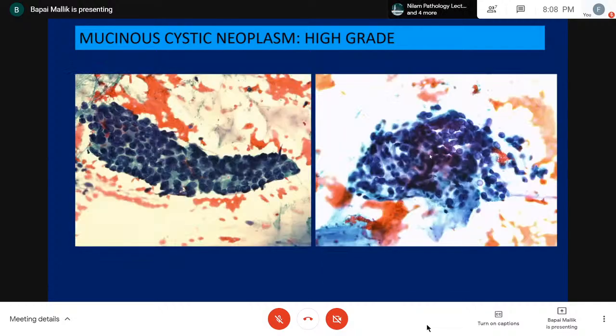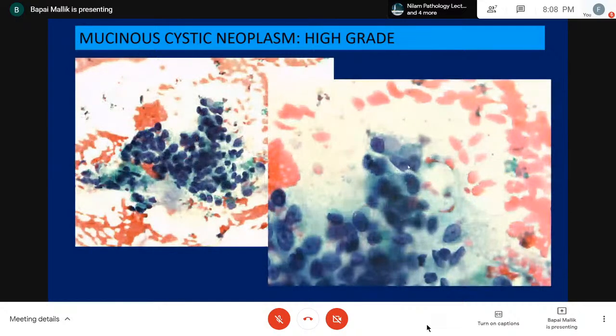This is another one, I'm sorry. Yep, I think it's come out better. Look at the irregularity of the nuclear outlines. Look at these, right? And abnormalities of chromatin. There also appears to be a bit of necrosis admixed over here, which is also pretty highly predictive of a high-grade atypia.